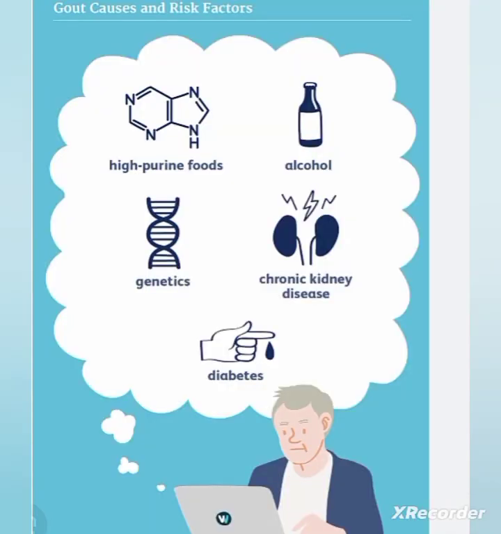The main etiology of gout includes high purine food, alcohol, genetics, chronic kidney disease, diabetes, acidosis or ketosis, atherosclerosis, chemotherapeutic drugs, drug-induced renal impairment, hyperlipidemia, hypertension, malignant disease or cancers, myeloproliferative disorders, obesity or starvation, sickle cell anemia, and use of certain common drugs like aspirin, diuretics, etc. So all these may cause hyperuricemia and gout.